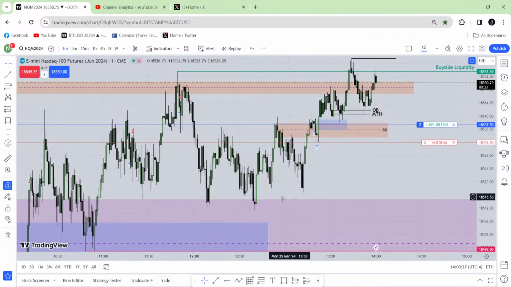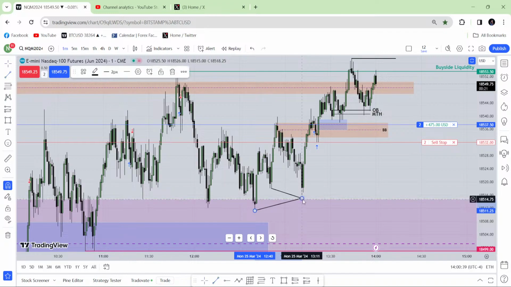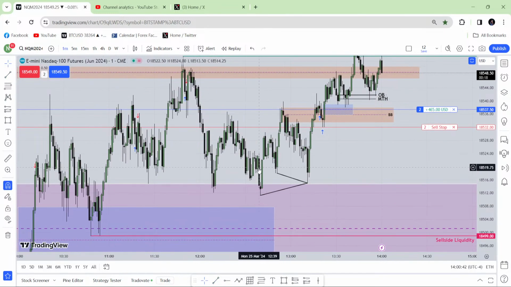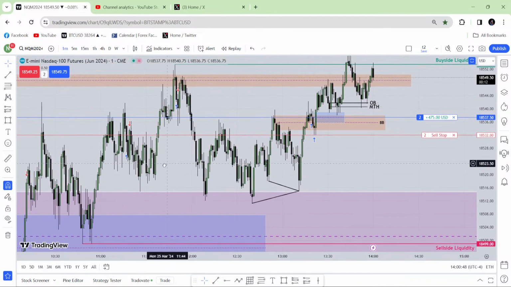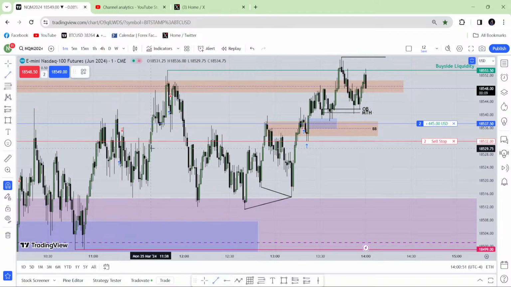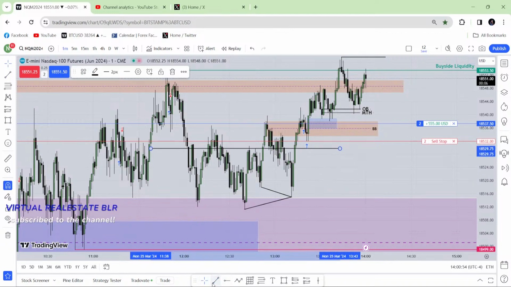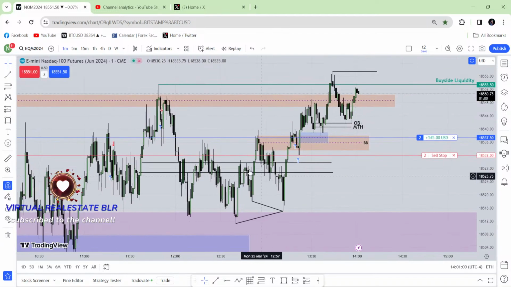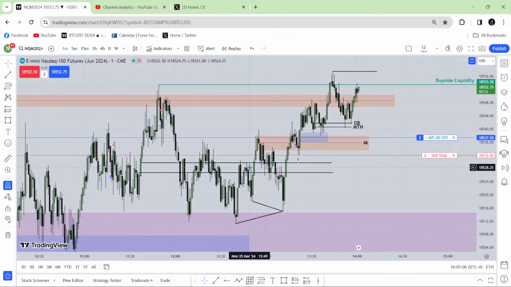Instead of that, I went for this one because this is the lowest low. Market is here, failed to take that low, take that liquidity. So I'm talking about here. It has taken that low, failed to take that low over here. At the same time, it has closed either this fair value gap, but most prominently, it has closed that fair value gap. Remember, I told that if this fair value gap is closed perfectly, I will look for another breaker block. If you remember, from the AM session I told. So this fair value gap has been closed. It's a little tricky, but it is what it is. So when it is closed, I go for that one as my breaker block instead of that one.